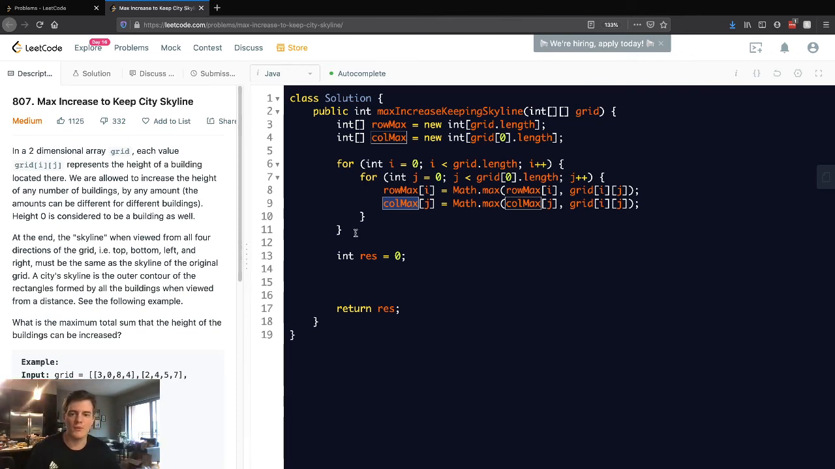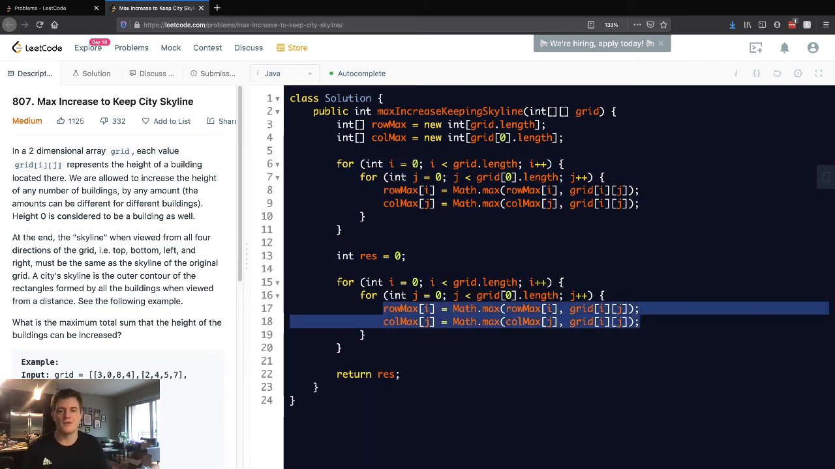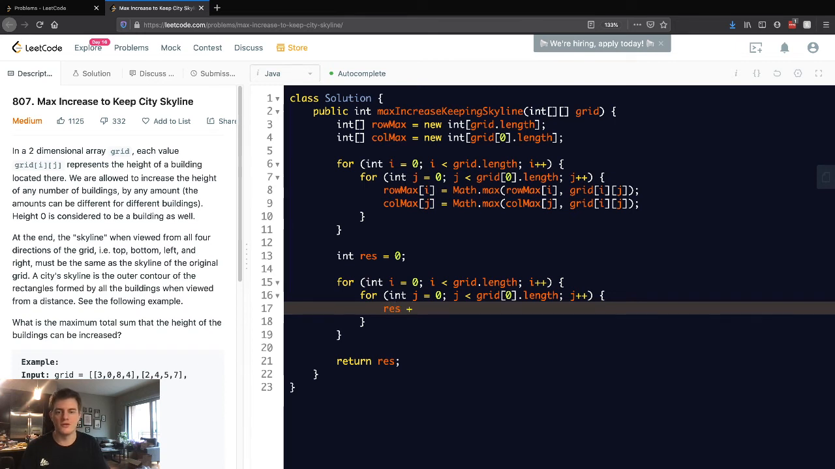So now we want to iterate again, but this time we're going to find the increase. To make this more clear, I'm going to call a variable increase. This increase is going to be the max we can increase the current building. So first we want to take the min of the row max at this current row and the col max at this current column. We want to take the minimum of that,